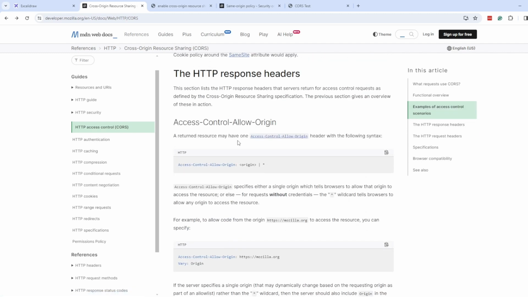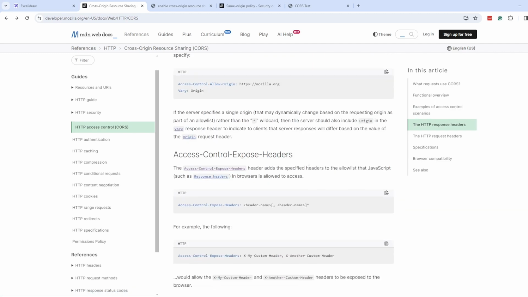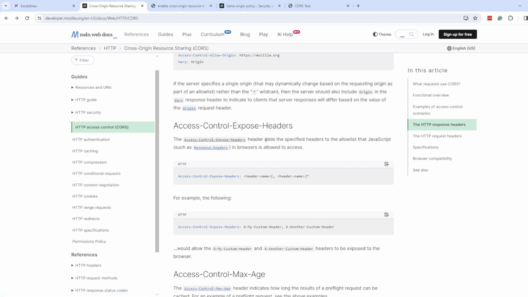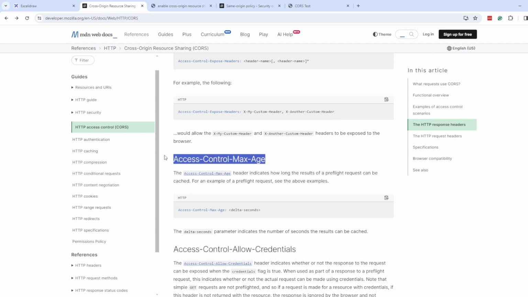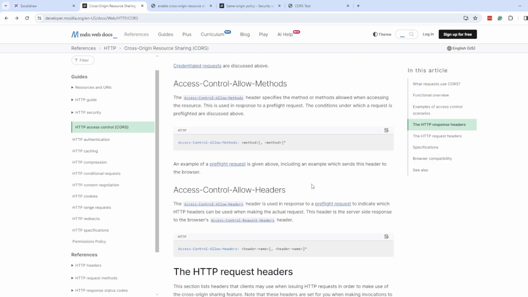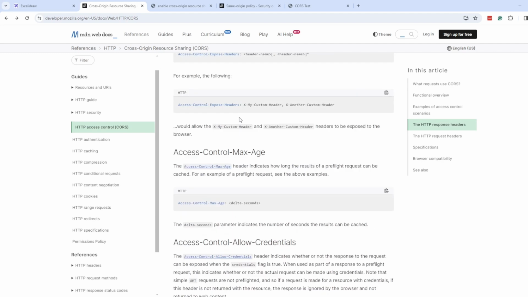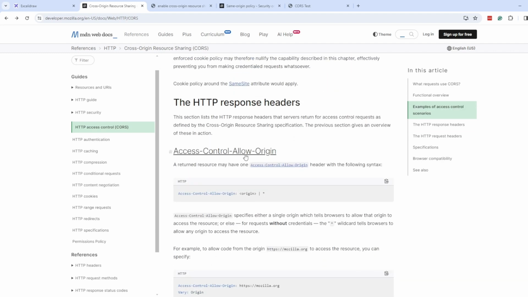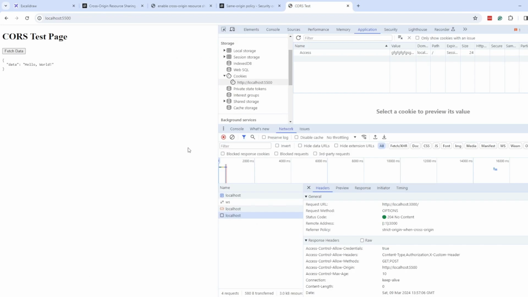We have Access-Control-Allow-Origin and Access-Control-Expose-Headers. The expose header we had not seen, but it just specifies the allow list of headers which can be exposed in the front end. And we saw max age, allow credentials, allow methods, and allow headers. So these are only six CORS headers for now, and we explored five of them. So next time you see a CORS header, no need to be afraid of it,